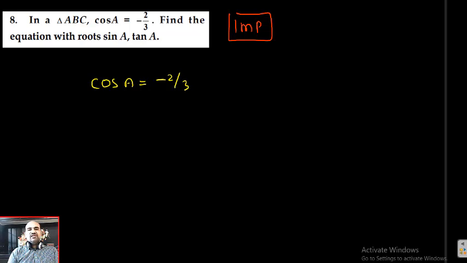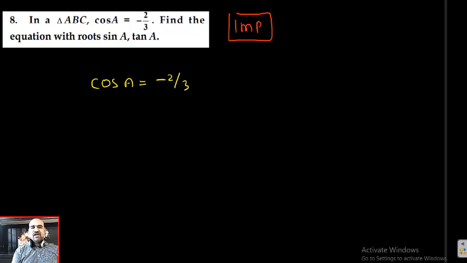So what happened? Tan A is negative, no? In which quadrant does this happen? Either in Q2 or in Q3, and that is not mentioned. If A is in Q2, you can find all trigonometrical ratios. If A is in Q3, I can also find all trigonometrical ratios. Leave this problem aside, just the problem is given like this: cos A equal to minus 2 by 3, then find all trigonometrical ratios.